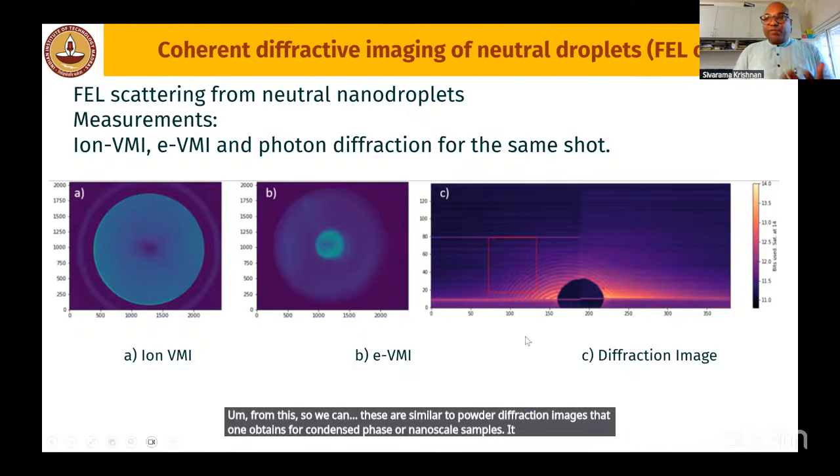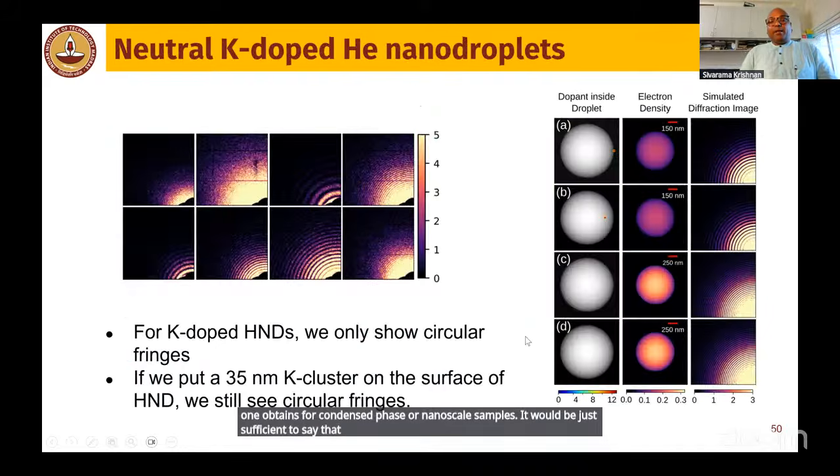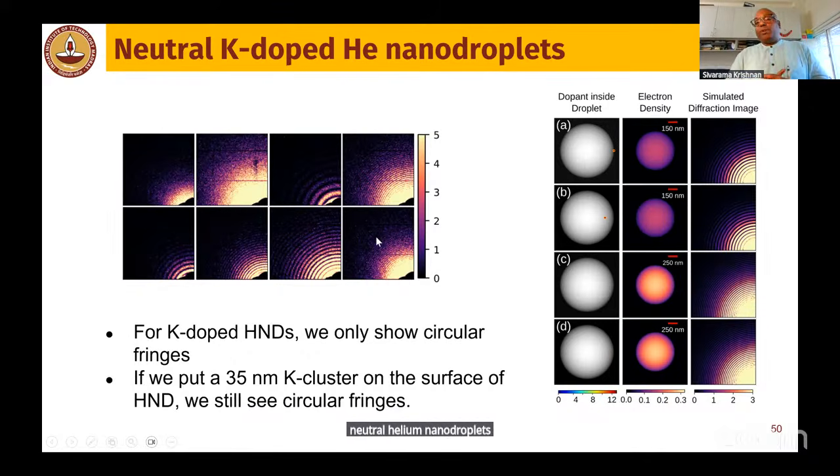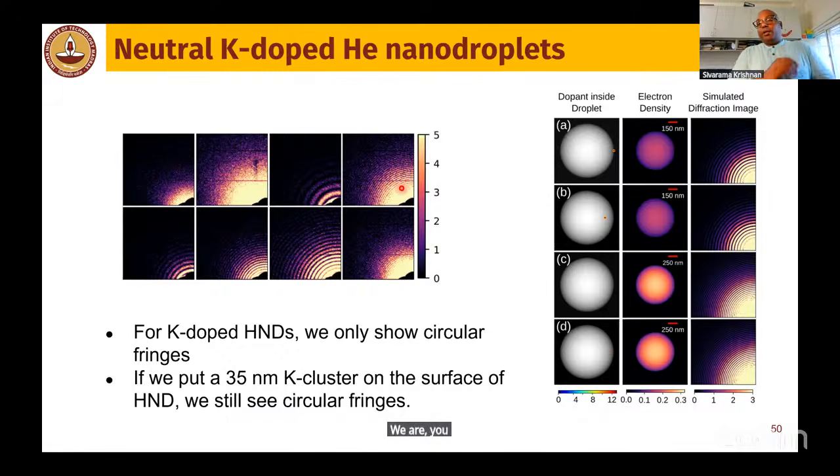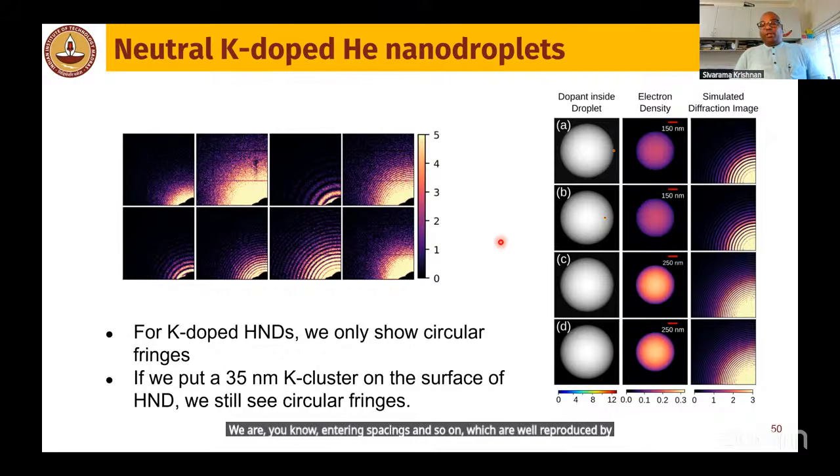And we have the images of neutral helium nanodroplets without the nanoplasmas being created. We see these prominent rings over here. I just want to show you that we have a distribution of nanoparticle sizes in the jet, so we have rings with different inter-ring spacings and so on, which are well reproduced by forward-fitting simulations,